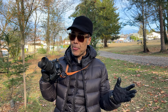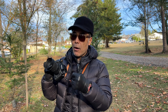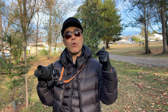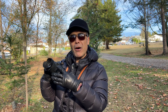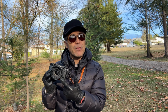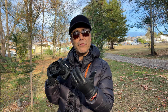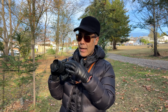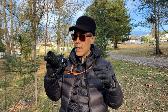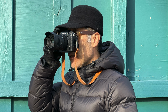enough for most people. And in terms of size and weight, basically this lens is smaller and lighter than most of Fujifilm's Fujicron lenses. So the 18 f1.4, 23 f1.4, 33 f1.4, it's about the same size. I think this lens is slightly longer, but definitely a diameter smaller, with 55mm filter threads in the front. And so you'll be able to use all your filters on here. Having a zoom lens that's 2.8 constant, which is considered a pro spec lens, but in the size of a kit lens,